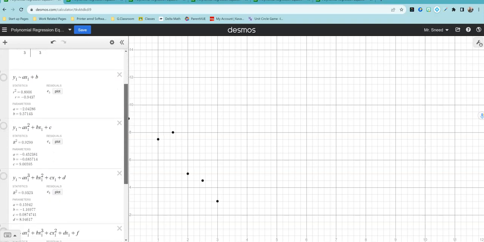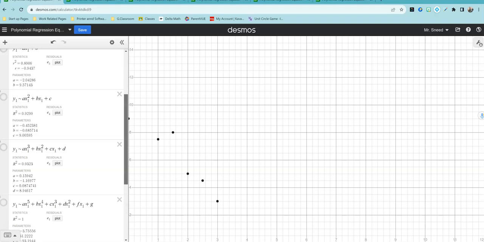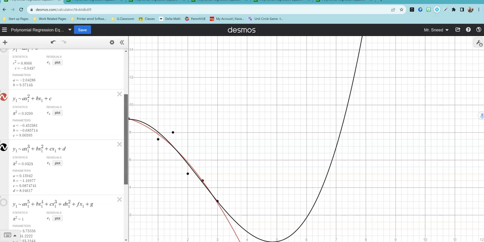decided it could be quadratic or it could be cubic. The r squared value on each is pretty close to being the same. So it's not a matter of which one. We can turn on the two functions and see what happens. If you look at the quadratic, it's actually touching more. It's about the same. So I would say we're going to go with the quadratic one on this and use